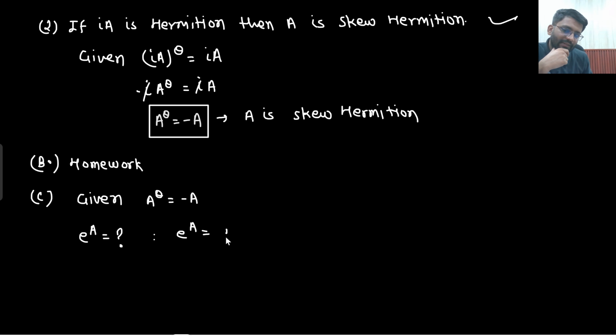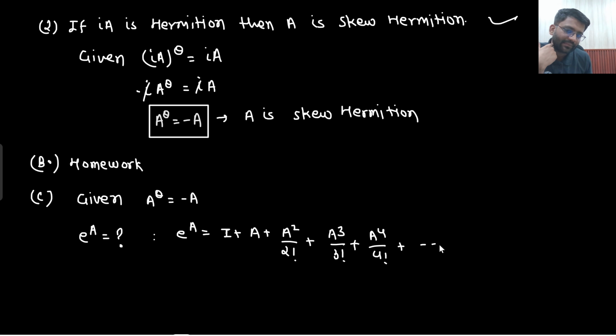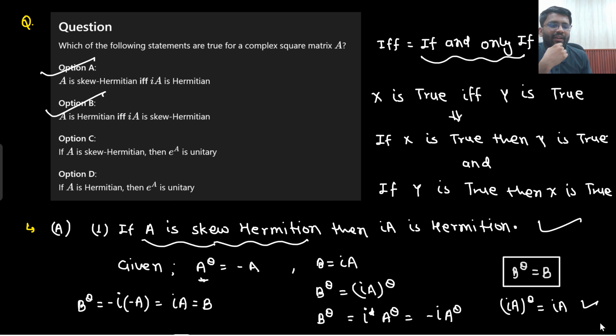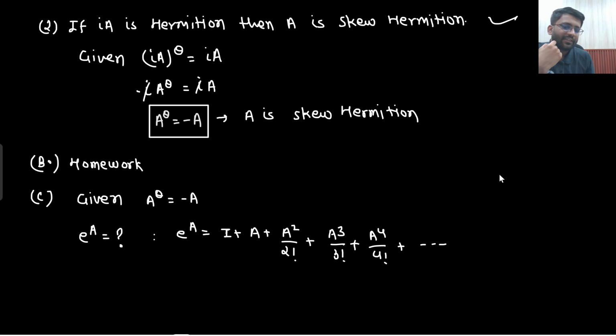E to the power A is nothing but 1 plus A plus so on. Just as you see e to the power A, this is the process you need to do. In place of 1, what will you write down? I plus A plus, and so on. You need to comment on unitary. What was the meaning of unitary? If a matrix B is unitary,